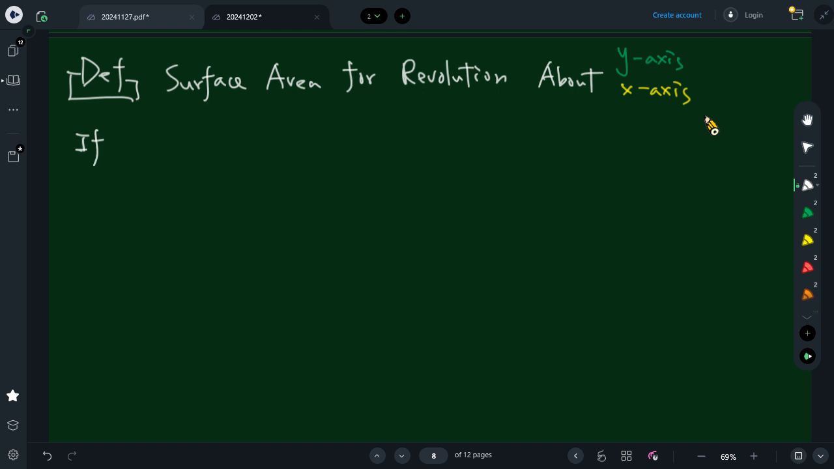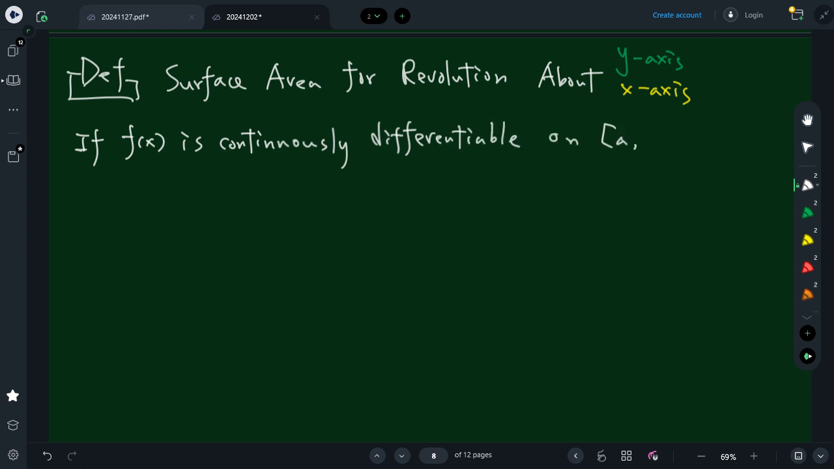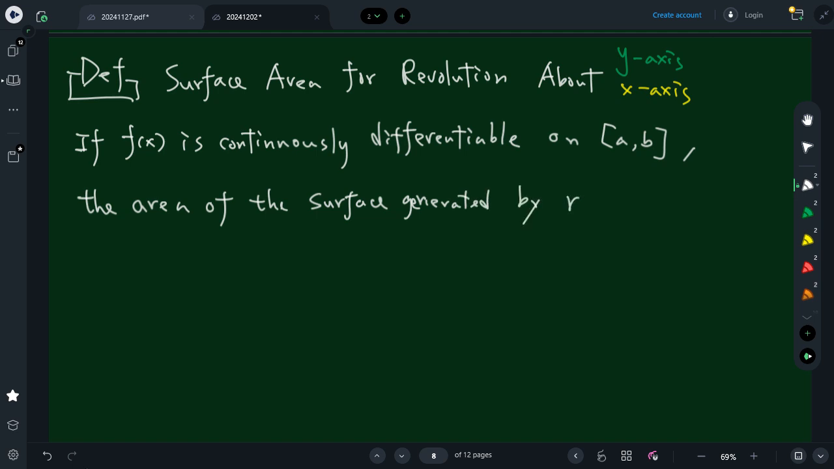So if f of x is continuous, differentiable on [a, b], the area of the surface generated by revolving this curve